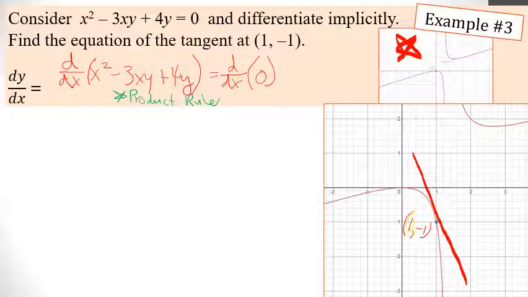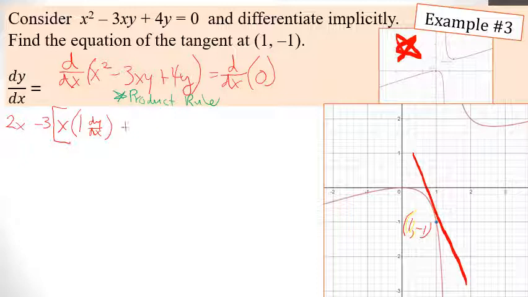So let's start at the beginning. The derivative with respect to x of x squared is 2x minus 3 our constant. And then we have to do the product rule. So we have first x times the derivative of the second term, which is y. So the derivative of that would be 1 dy/dx. Plus the second term, y, times the derivative of the first, which is x, and the derivative of that is